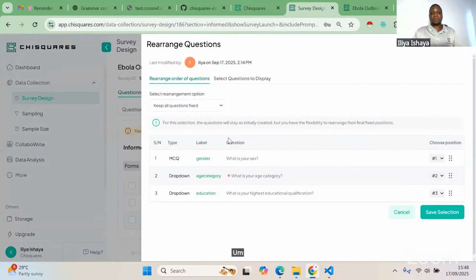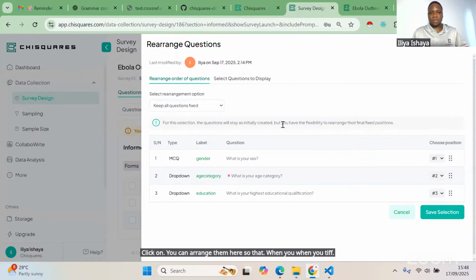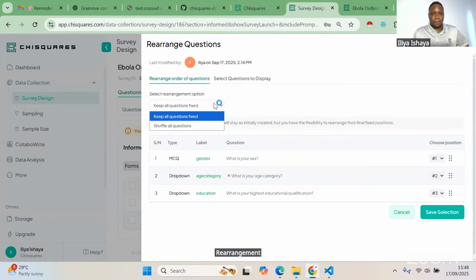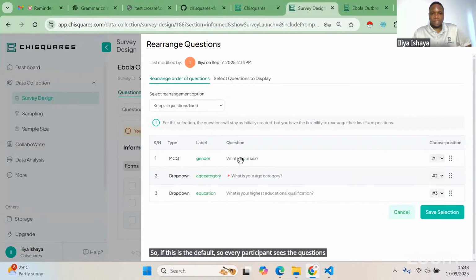Next is, if your survey does not have logic, you can rearrange the questions if you want. You can arrange them here so that when you save the rearrangement, participants see them differently. You can see this is keep all questions fixed. So if this is the default, every participant sees the questions in this order. First, you see the question for sex, for each category, and then for